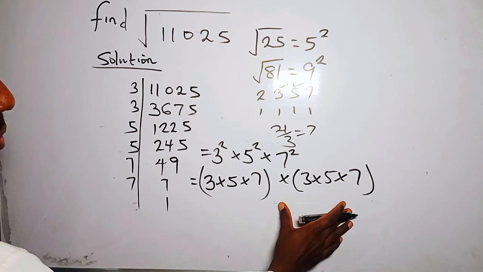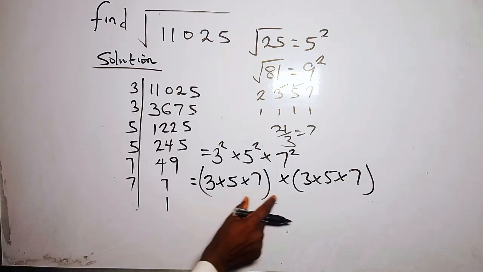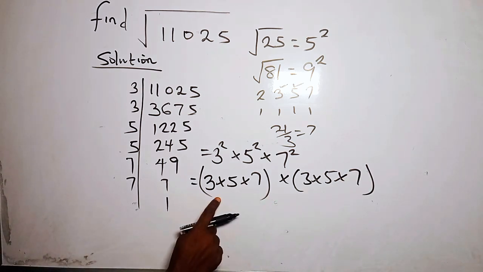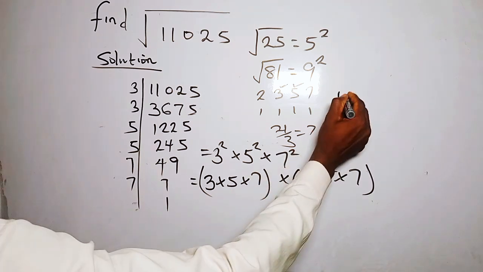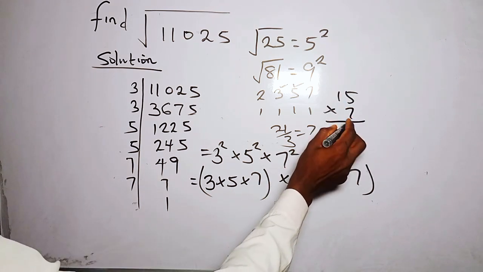So we pick one out of each of these, since we have the same thing. So we have 3 times 5 times 7. 3 times 5 is 15. 15 times 7. So when we work that out,